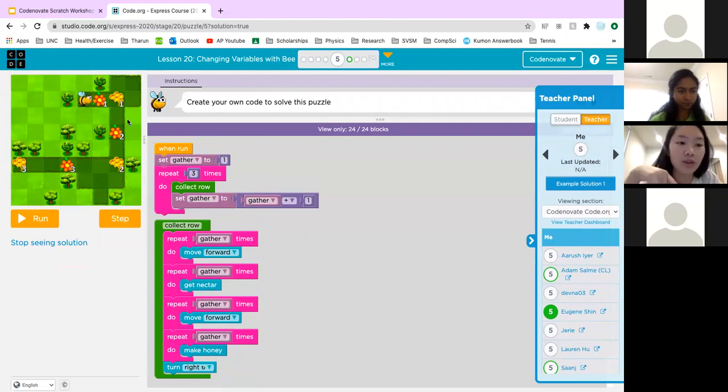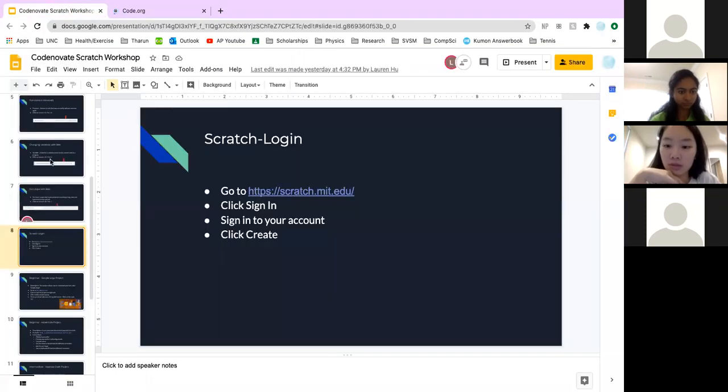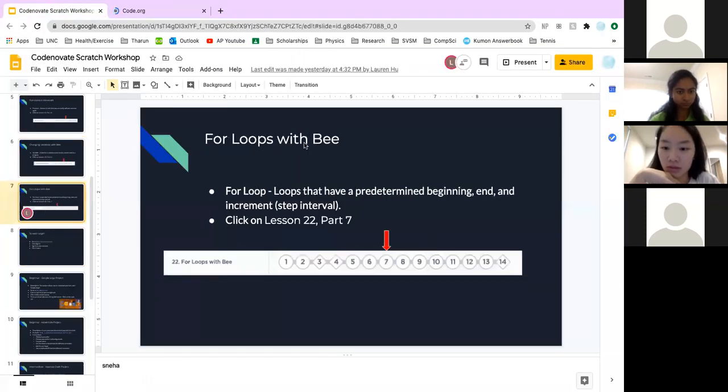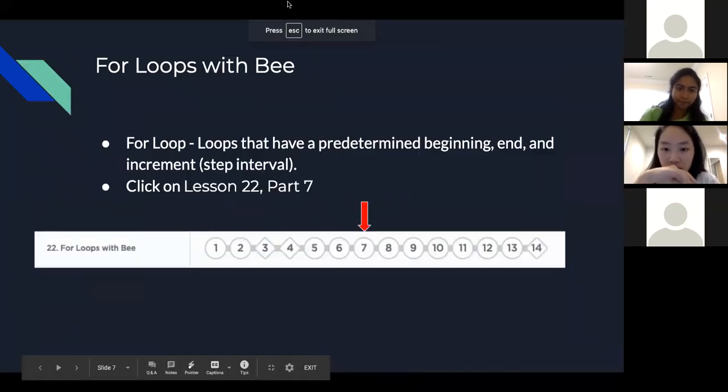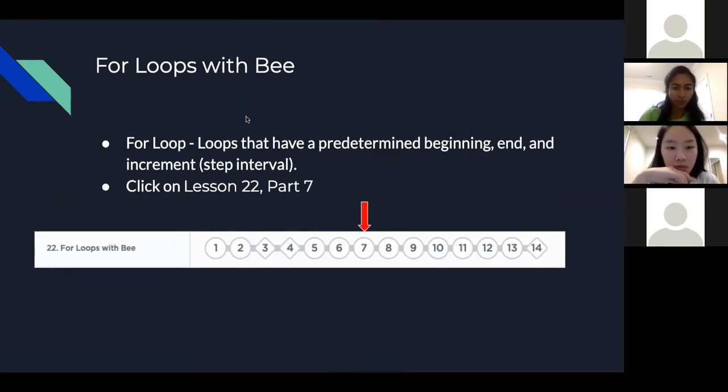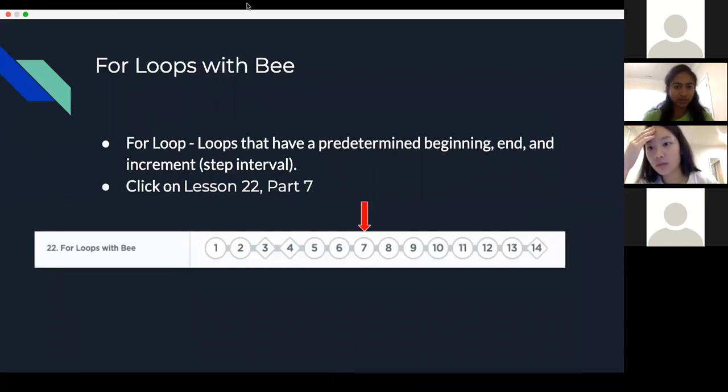Okay, let's move on to the next lesson, which is lesson 22. Yeah, so the next lesson is lesson 22, part 7, and this is about for loops. So for loops are basically loops that have a predetermined or preset beginning and end and increment, which is basically an interval. So if you go to lesson 22, part 7,